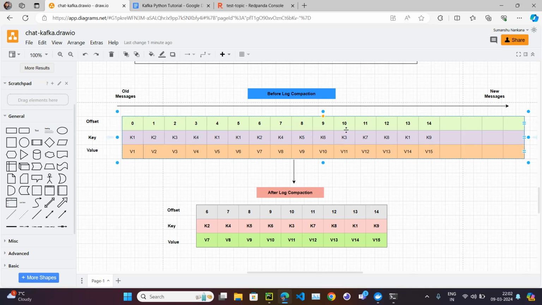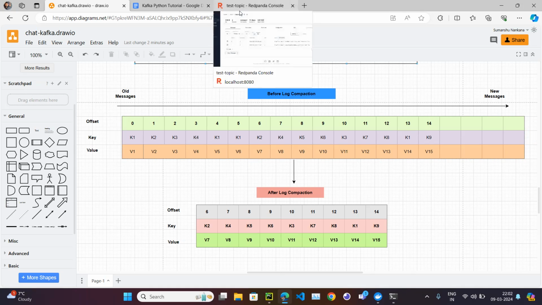It doesn't matter whether the K5 is in the topic or not. It says, okay, my retention period is over. Doesn't matter whether the consumer has consumed the message or not. I am going to clean up the topic to save some storage. But what is compaction? Compaction says, what it will do is, compaction has nothing related to the retention